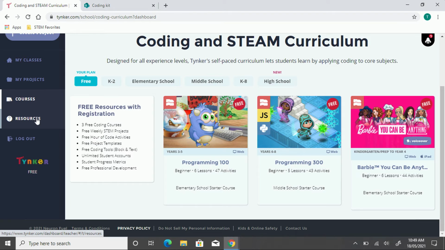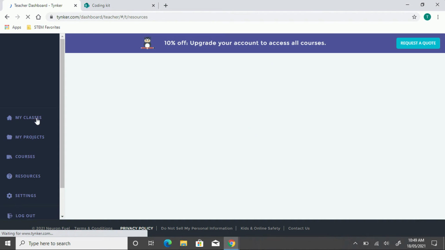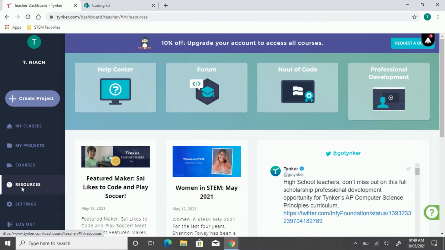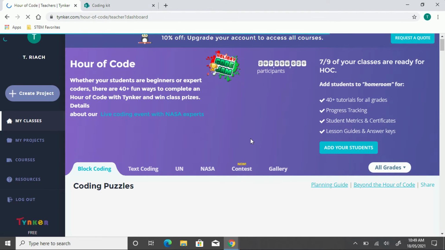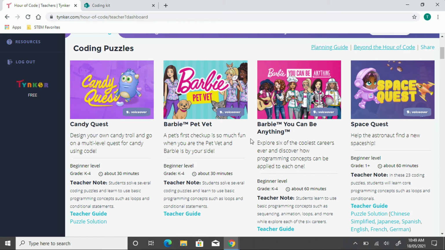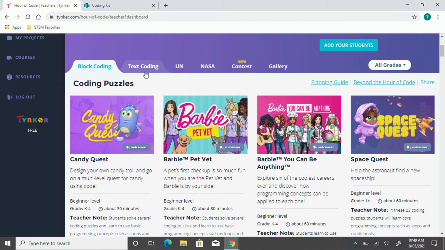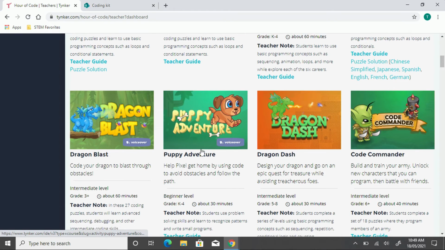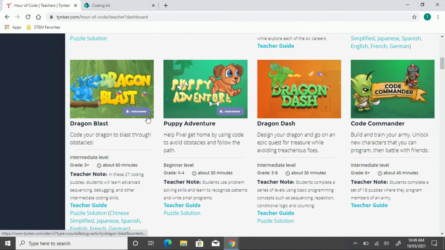If you're looking for specific activities relating to classwork, I would go to the Resources tab and Hour of Code resources. The Hour of Code resources are lessons that can be completed in 1 hour. There are many coding projects in block coding or text coding. There's also activities based on the UN Global Goals and NASA Space. As you scroll through the lessons, you'll see some lessons have a voiceover of instructions